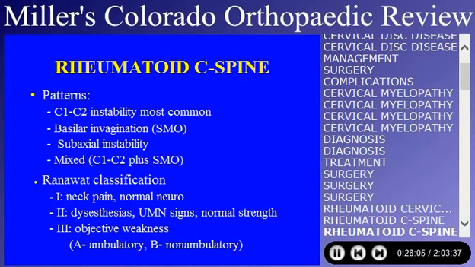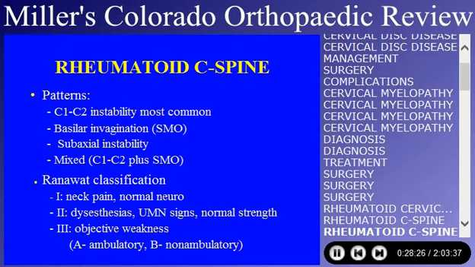It's helpful, and I'm not sure they're going to test you on it, but it's helpful to be familiar with the Ranawat classification. Ranawat class 1, you see this in the literature, is neck pain only with a normal neurologic exam. Ranawat class 2 involves people who have dysesthesias or paresthesias. They can have upper motor neuron findings on physical exams, such as a Babinski sign or hyperreflexia in the arms,